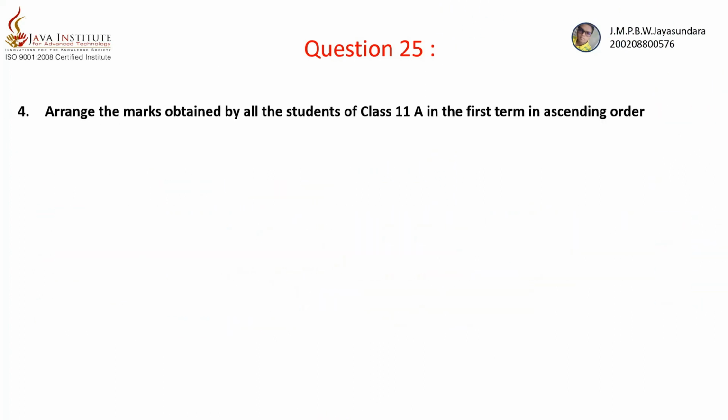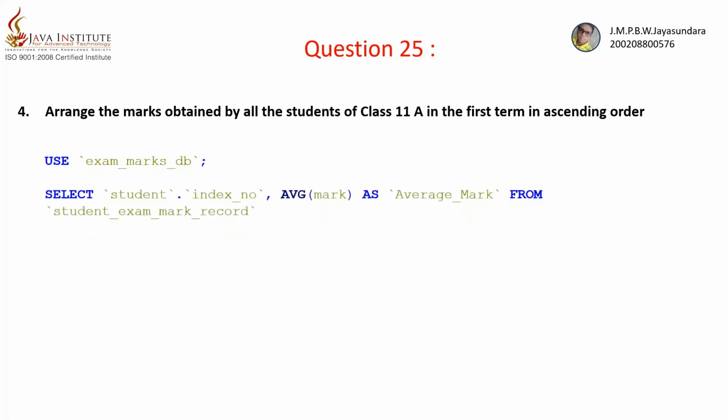Here we have our fourth question. It says arrange the marks obtained by all the students of class 11A in the first term examination in ascending order. First we have defined our database, then we have used a select query in order to take the relevant output. We have said select student table's index number column and average from marks column as average marks from student